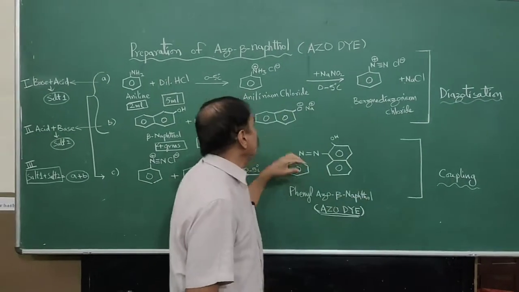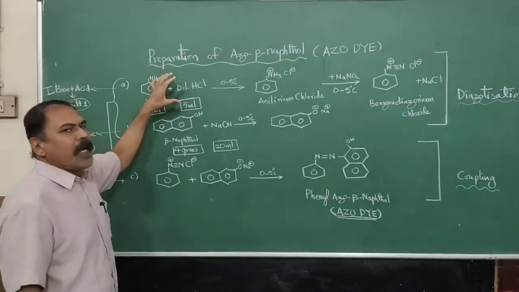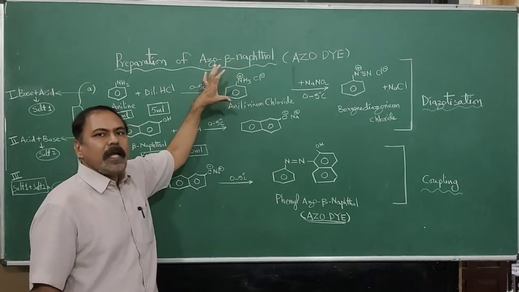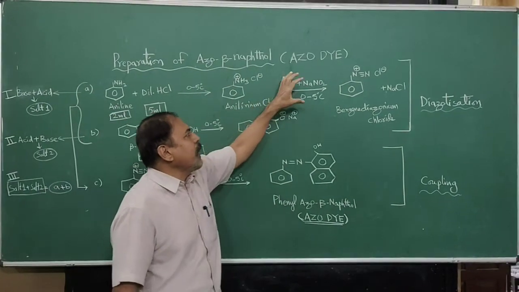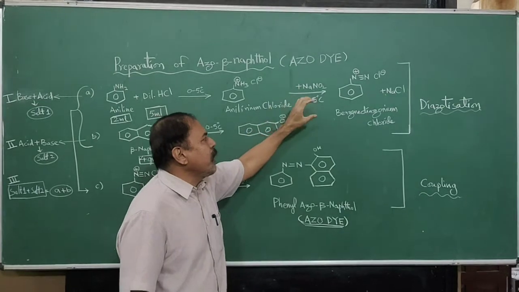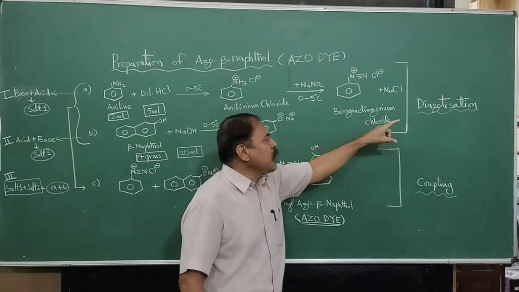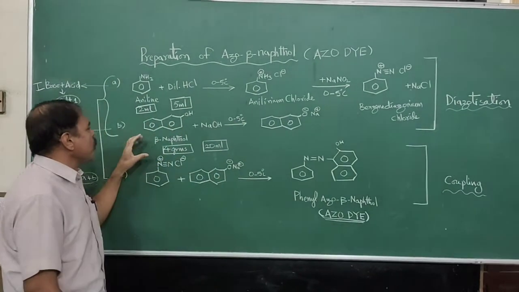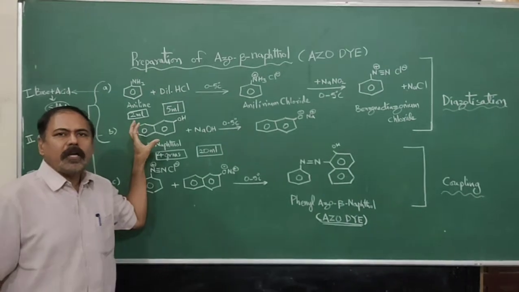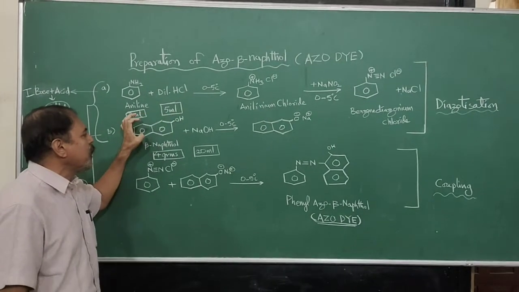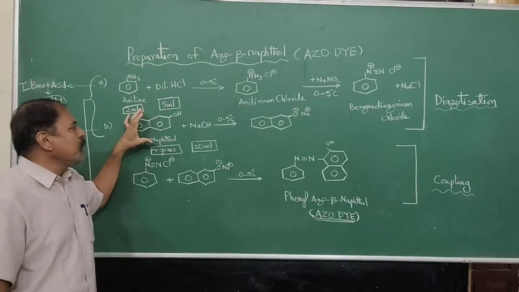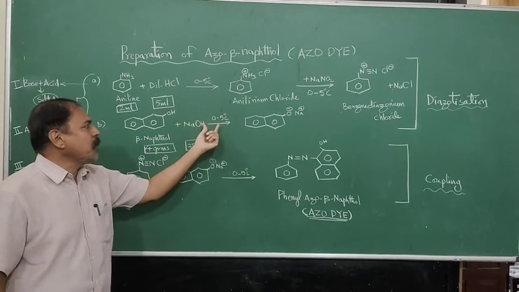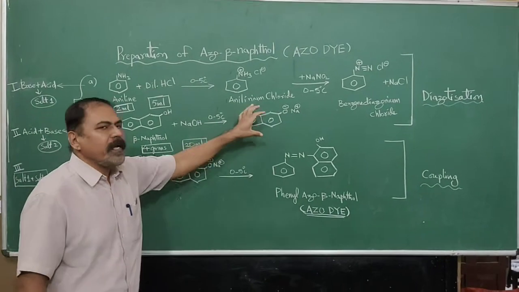So in first step we are taking 2 ml of aniline and dissolving in 5 ml of hydrochloric acid, and we are preparing anilinium chloride. After that we are adding sodium nitrite and we are getting benzene diazonium chloride. This process is called as diazotization, and this is the first process. And in second step we are taking beta naphthol, which is solid. We will grind it and dissolve in sodium hydroxide. So 4 grams of beta naphthol is dissolved in 20 ml of sodium hydroxide, and this is also cooled and kept at the temperature of 0 to 5 degrees, and you will get a salt.